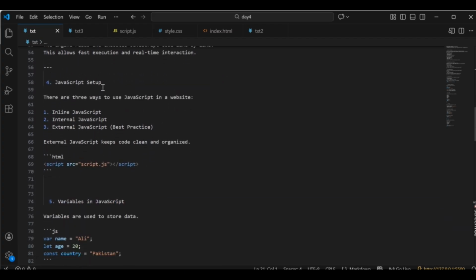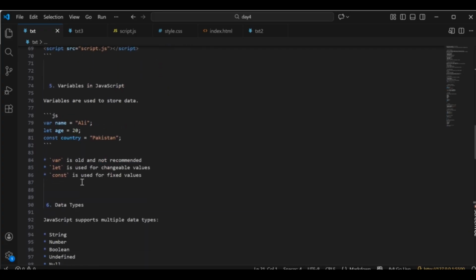4. JavaScript setup. There are 3 ways to use JavaScript in a website. 1. Inline JavaScript. 2. Internal JavaScript. 3. External JavaScript, best practice. External JavaScript keeps code clean and organized. HTML: <script src="script.js"></script>